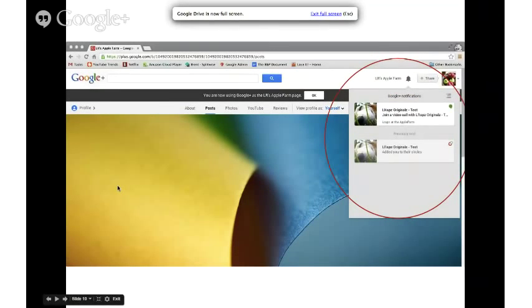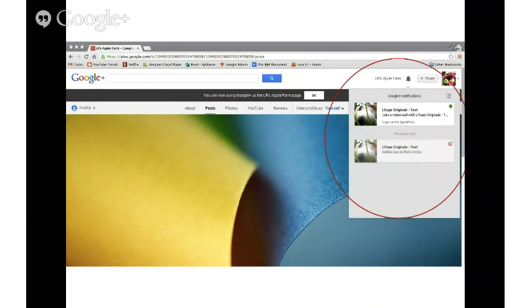So yeah, here we go. In this particular case, I had two fun test pages, my Laura's Apple Farm and my just testing page, and I invited one to hang out with the other. I made sure that they were both following each other already in Google Plus, and then when we were ready